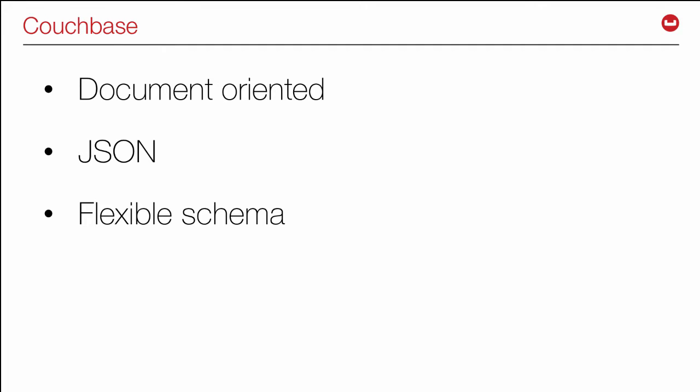So there are several kinds of NoSQL database. I won't get into that. I'll talk about some details about Couchbase in particular that'll be relevant. So Couchbase falls into this subclass of NoSQL databases that we call document-oriented, and I'll explain what that means in more detail. The documents are